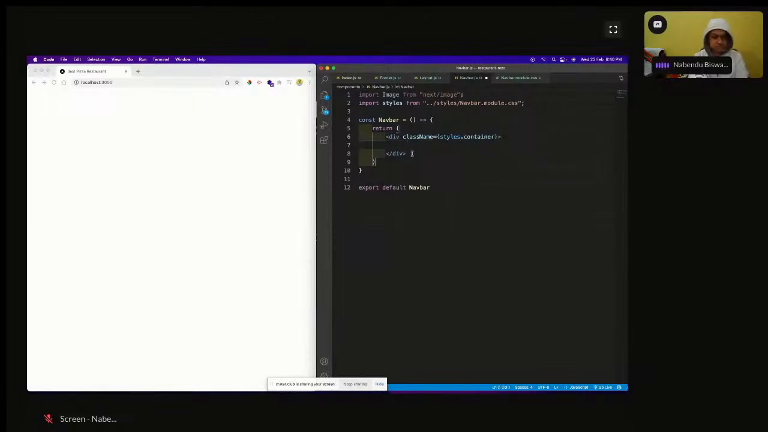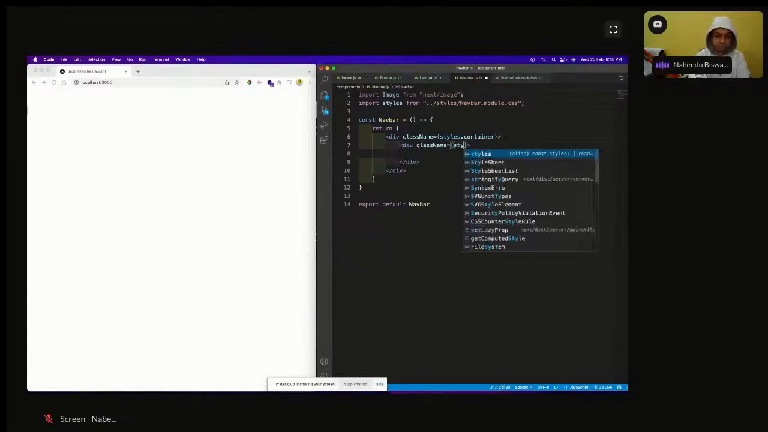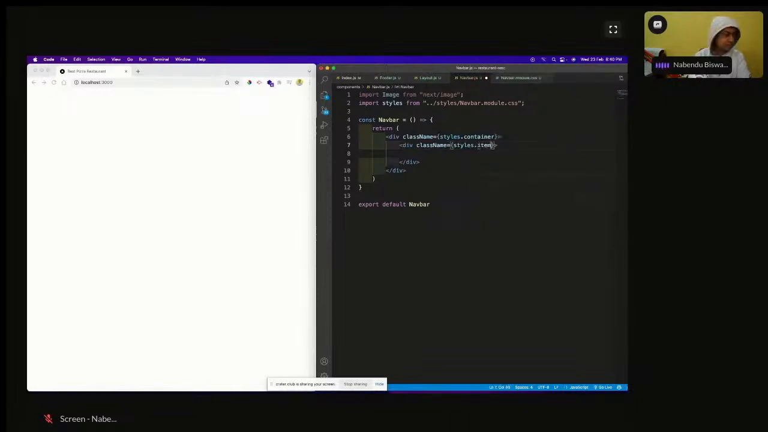Okay, and a div, className equal to styles.item, and we'll have another div inside this, and it will be className equal to styles.callButton, and